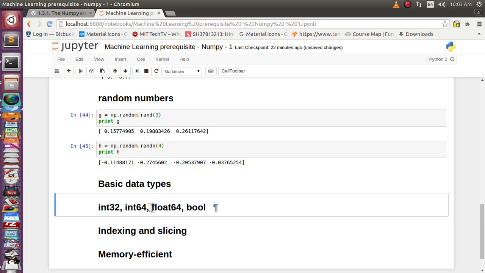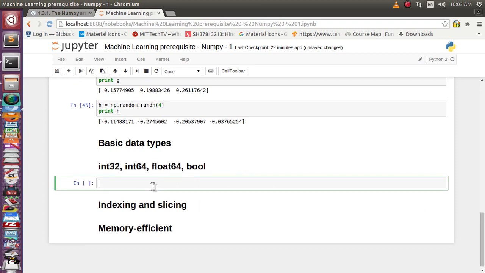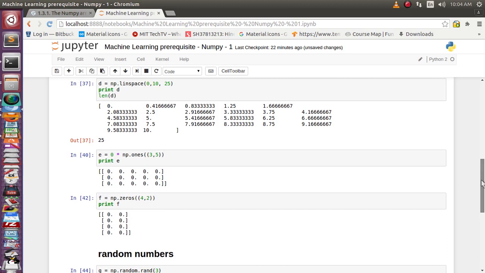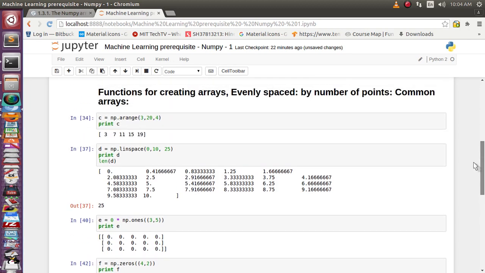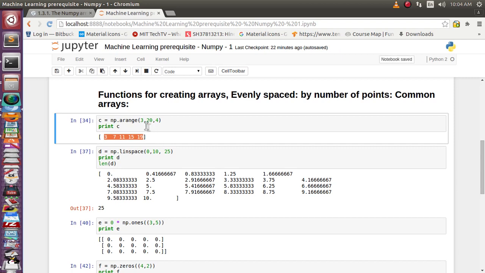Let's see about the basic data types associated with the numerical Python library. So we have created a lot of arrays earlier, like this C and D. Let's concentrate on this C and D. We have seen that array C has all values that look like integers because we generated values between 3 and 20 with a step size of 4.